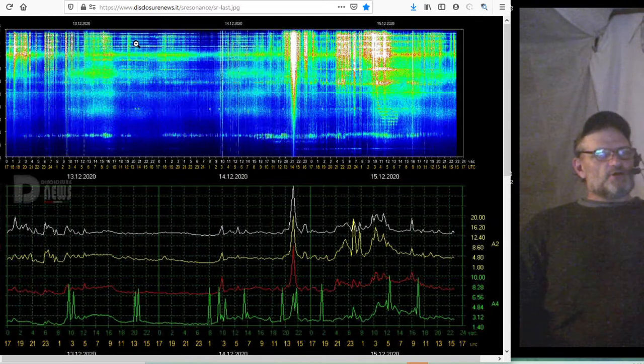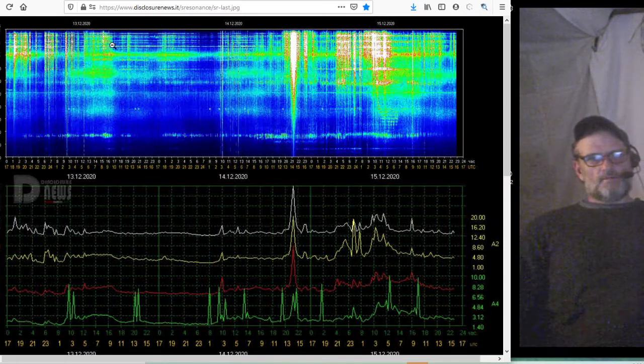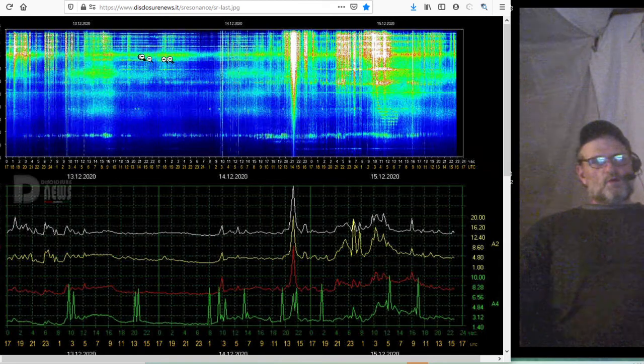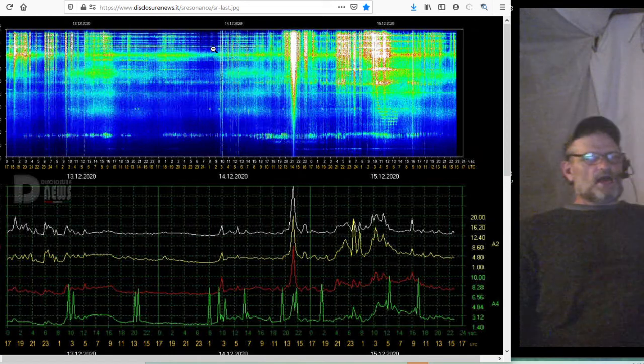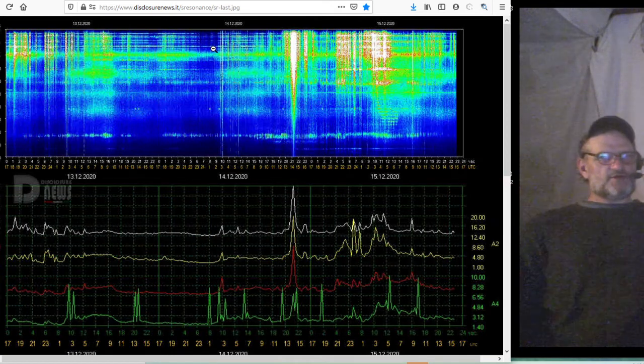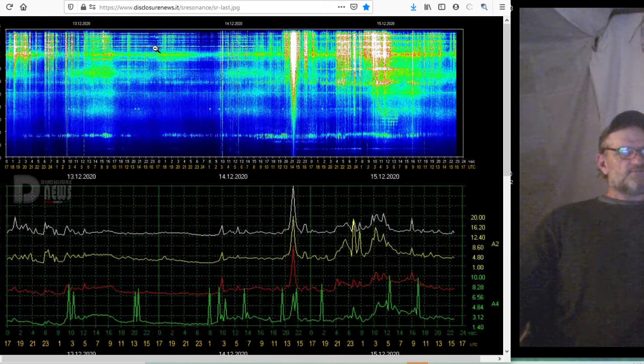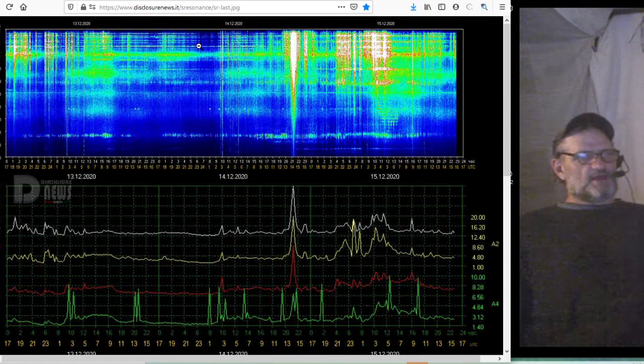Okay, so you will notice that there are frequencies that are under the 7.8. You notice how straight the lines are. So one of the things that we look at when we look at a flat line is what I have called a dedicated frequency. So if it's 4 or 3 or 2, there's a dedicated frequency in here moving at that